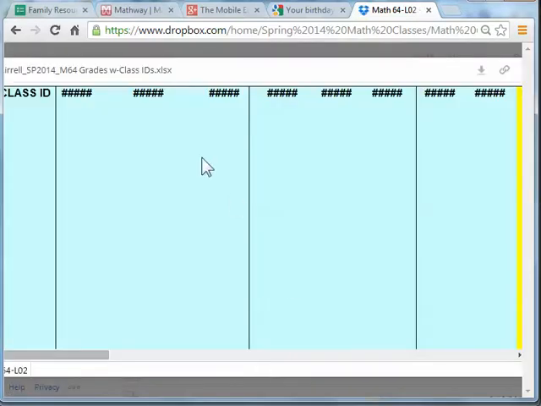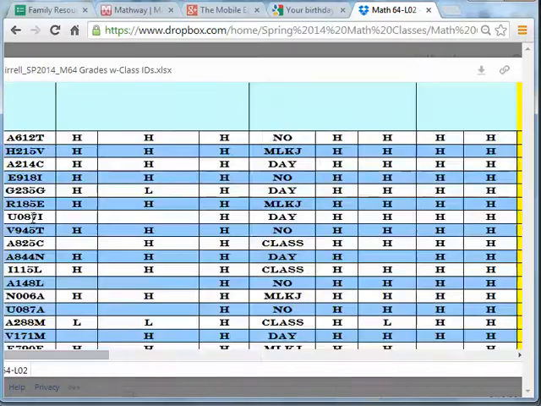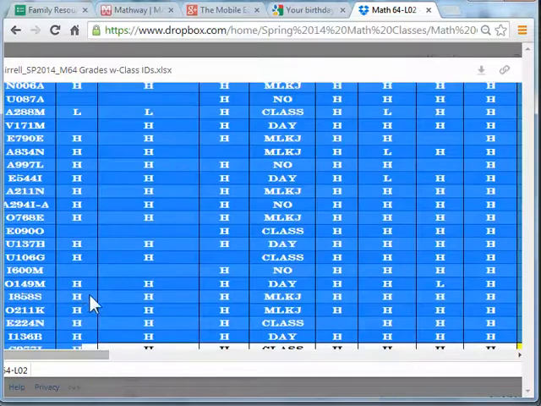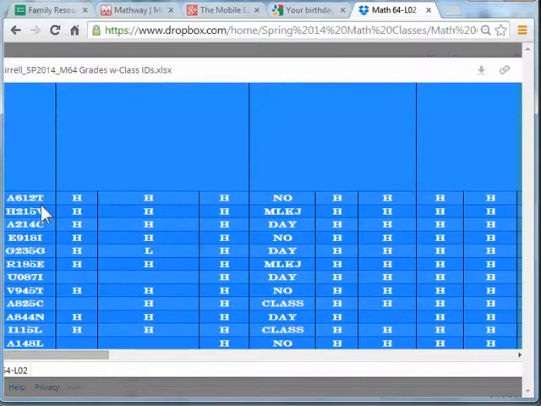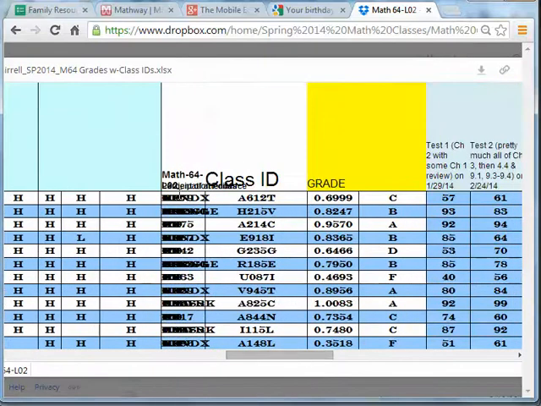Look for your class, Burrell, grades with class ID. Now if you open it in here, the formatting is messed up, or it's not as nice, so you would want to download that. But you still could, if you're using a mobile device and you want to try looking things up in there. You've got to scroll down and find your ID. Again, if you know that you attended every single class, then your ID should be up here at the top somewhere, because that was sorted by